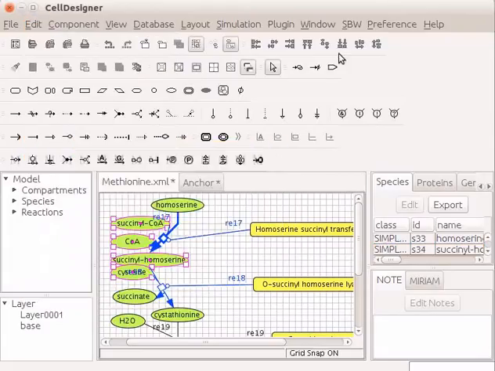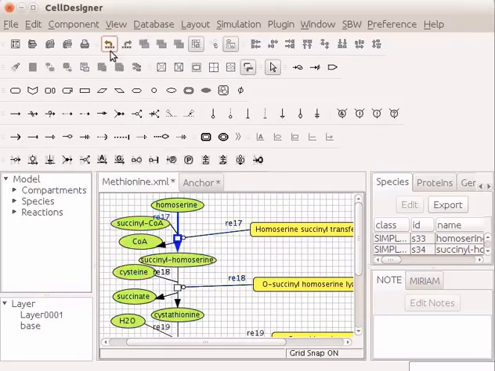Alternately, click on the icon for alignment on the toolbar. Explore other alignment options on the toolbar on your own. Let us undo the alignment and move ahead. While working on a reaction, how can we show or hide reaction IDs on a process diagram?